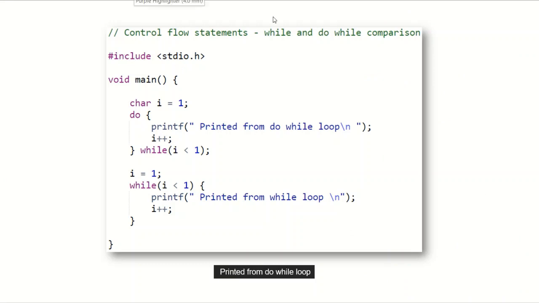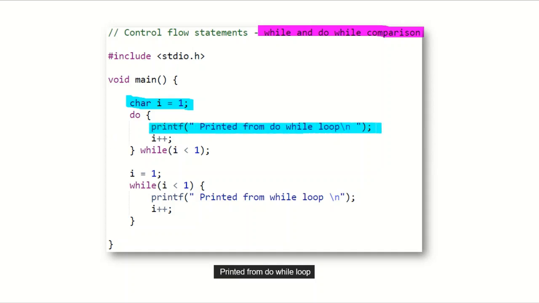A comparison of while and do while statements. Here i is initialized to 1, and do while is used first. The printf inside the do while loop prints without checking any condition, so this is printed here. But the condition given here is i less than 1.